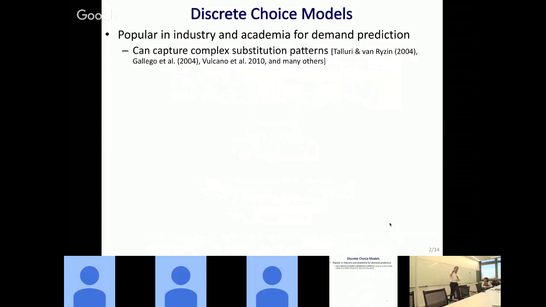Later on, I'll talk about the data set that we typically use to estimate that. But the entire talk revolves around this quantity. That's what we want to understand in discrete choice models. Okay, so